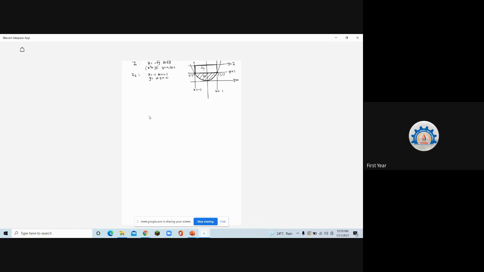Clearly, when I consider the horizontal strip like this and like this, there are two sections. Both are divided, can you see? What is below? It is on the parabola, so minus root y to plus root y, and then the limits of y are 0 to 1. What is happening here? x is equal to minus 1 to x is equal to plus 1, and y is between 1 to 2. So whatever you have drawn is the integration which was asked. Correct? Did you understand?